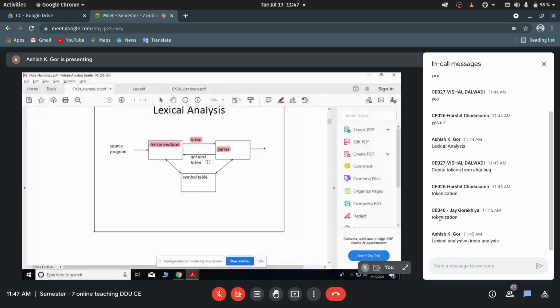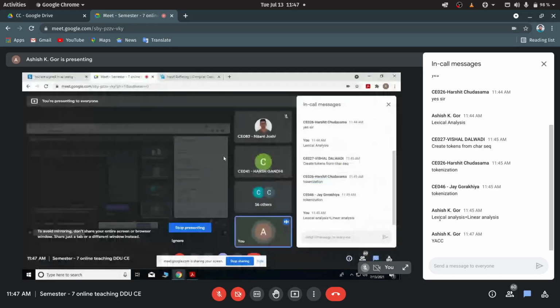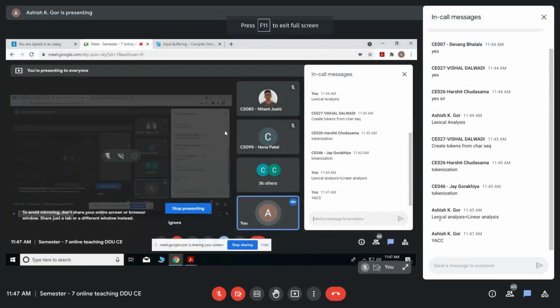In future, you will also learn about YACC. What is YACC? YACC is an automatic parser generator, just like Lex is an automatic scanner, or tokenizer.